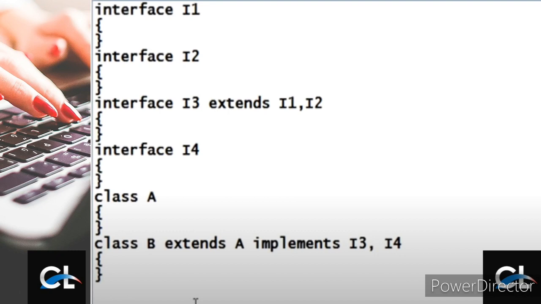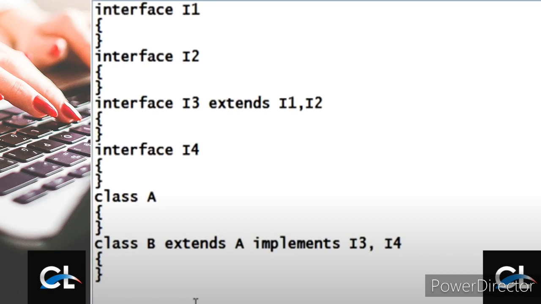Now freshly we declare one class as A, which is the superclass, and another class as B, which is the subclass. So we can write class B extends A, and at the same time, if I want the common properties of I1, I2, I3 and I4, then I write the keyword implements.